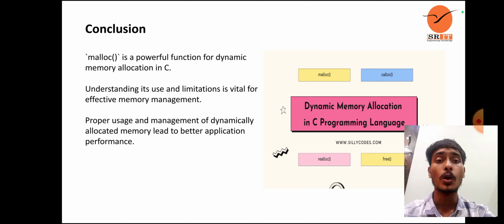Conclusion. Malloc is a powerful function for dynamic memory allocation in C. Understanding its use and limitations is vital for effective memory management. Proper usage and management of dynamically